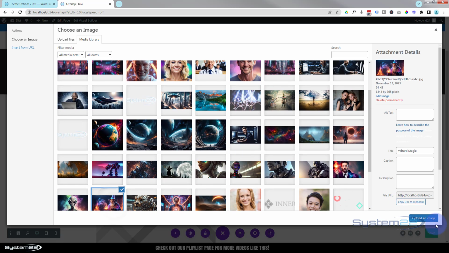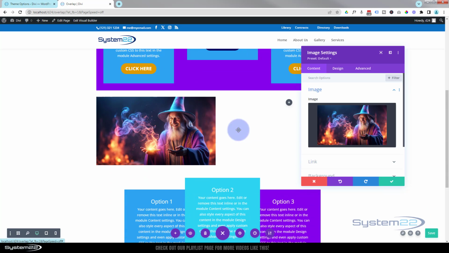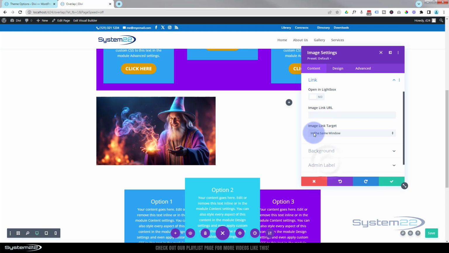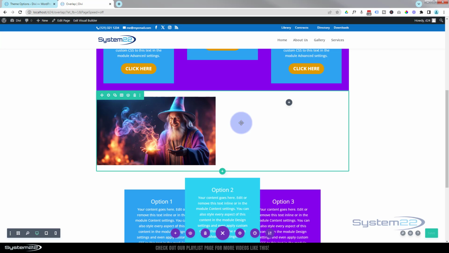And that's the one I used before. We'll use that one again. Let's roll this up a bit. I'm going to have mine pop out into a light box. Just underneath is a link opening light box. And with an image module, it's going to show you the name when you roll over it. If you don't want to see that, go to the advanced, down to attributes. There it is. You can get rid of it if you don't want to see anything. Gone. Fantastic. Okay, in my next column,